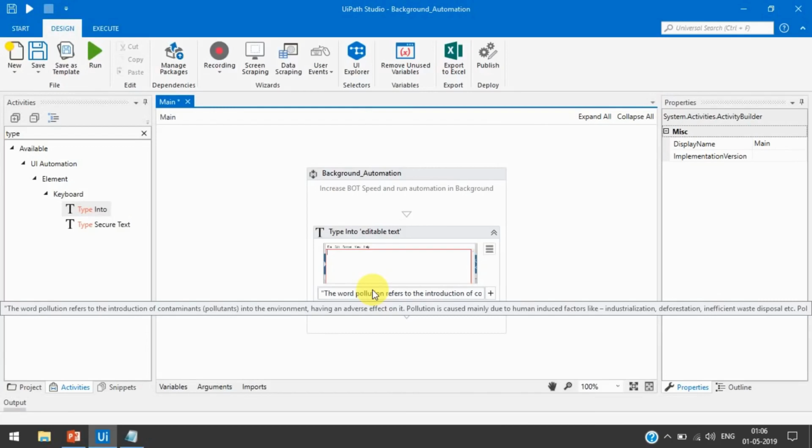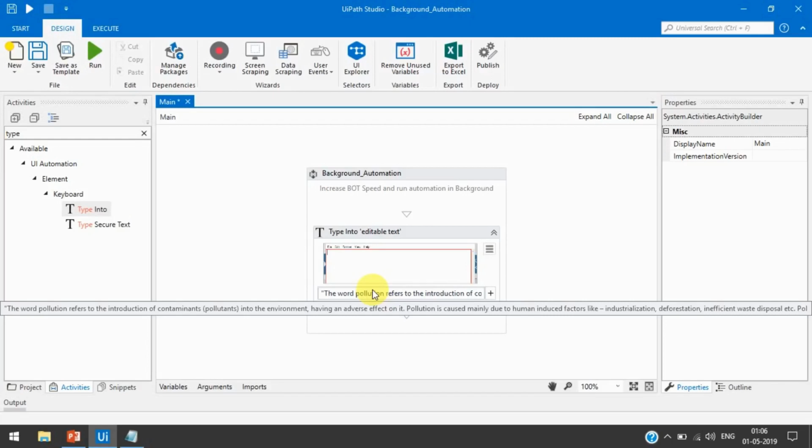But if we use the simulate type click method, then we can complete our project in less time than the default method.